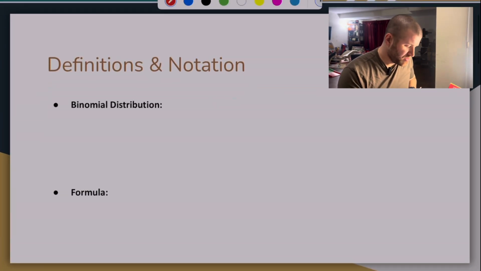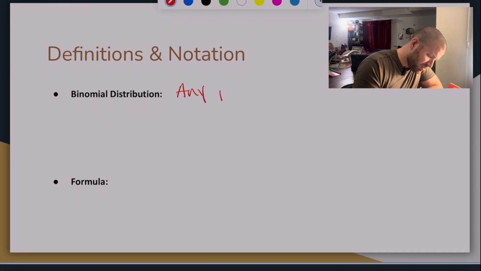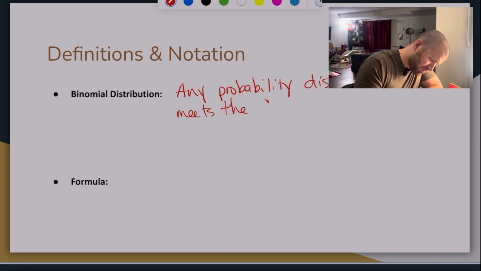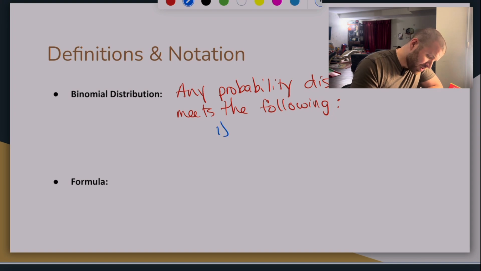So in order to be binomial, the binomial distribution is any probability distribution that meets the following. We have four conditions to be binomial. Number one, you have a set number of trials. Number two, you have a defined